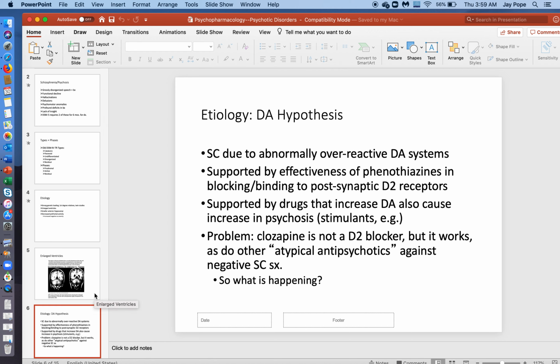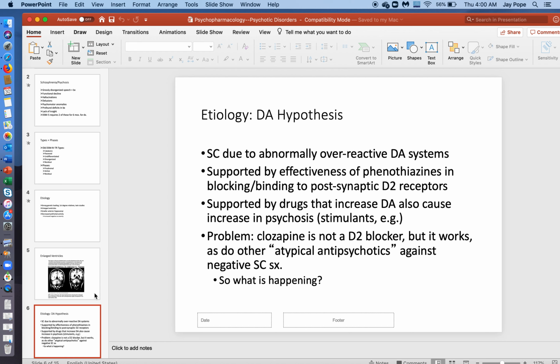Several hypotheses have been offered as to what's causing schizophrenia. One famous one is the dopamine hypothesis, here just abbreviated DA. We do know that schizophrenia is very strongly associated with higher than normal levels of dopamine, or at least overreactive dopamine systems. So notice that doesn't necessarily mean that schizophrenia is caused by excessive dopamine. It could be that the dopaminergic systems are just overactive and very sensitive to dopamine, or overly sensitive to dopamine. Either way, it's associated with too much dopamine.